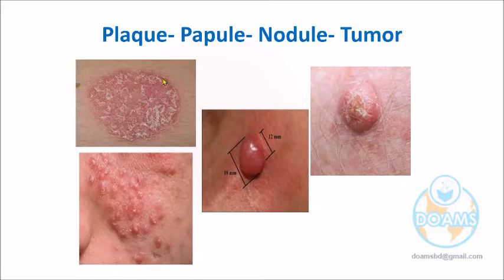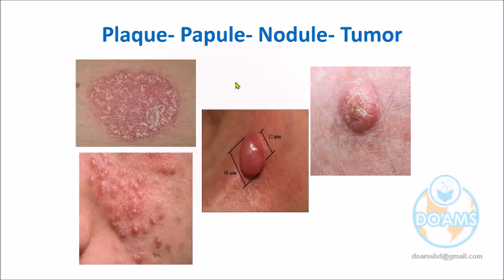But if it is not elevated, what could we say? Suppose it is not elevated, and the appearance is as such. That means it is flat. At that time, what will be the terminology? We would be telling this is a plaque-like lesion. But if it is flat and of a different color, whatever we say,